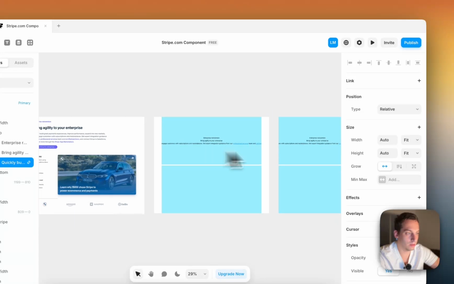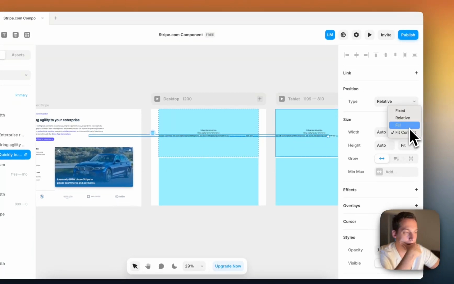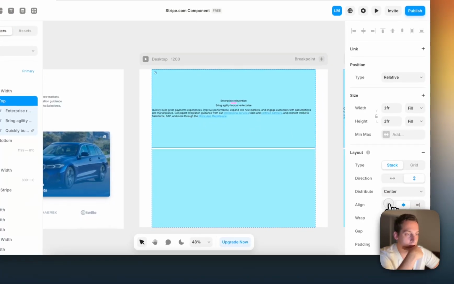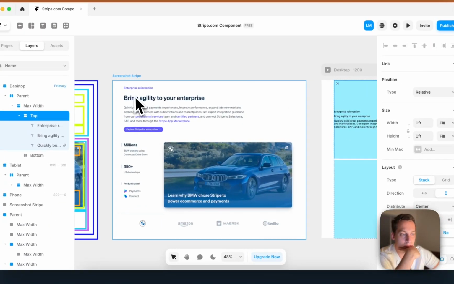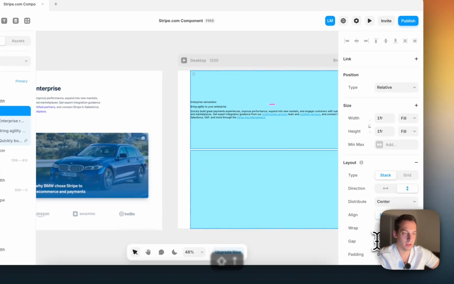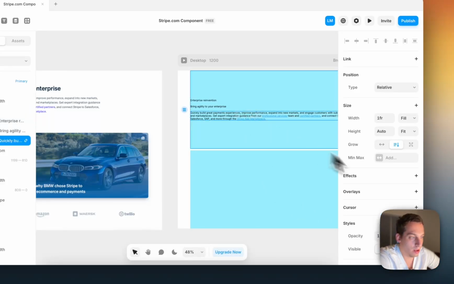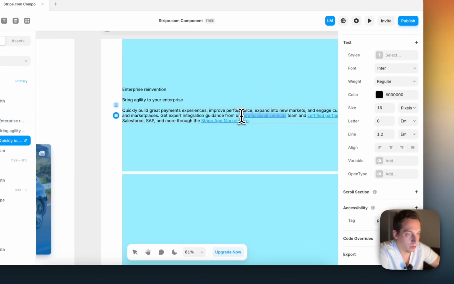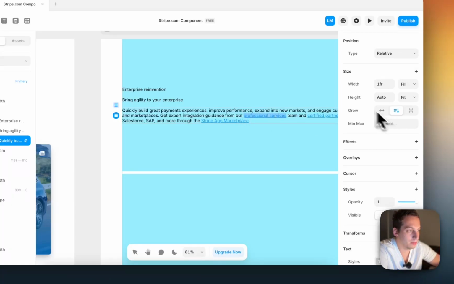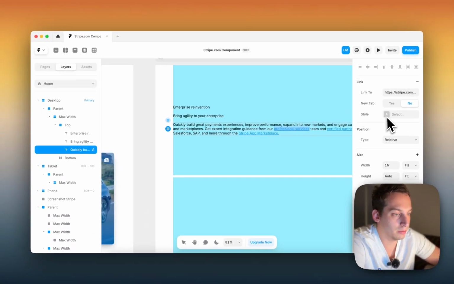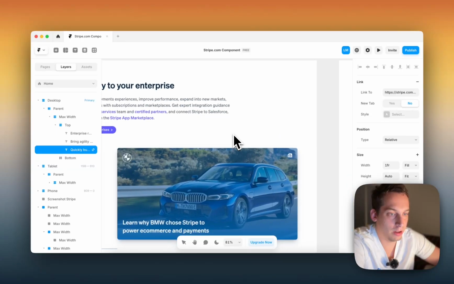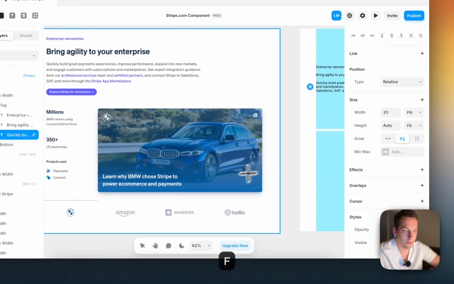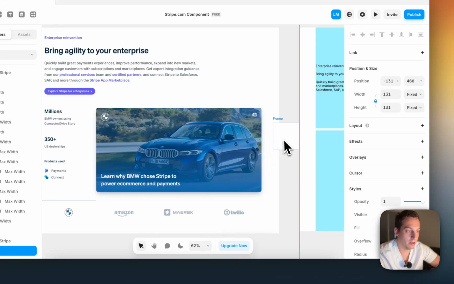And we want the fill to be, the width to be fill. There we go, beautiful. And we want this to be like this, so it's all aligned nicely. We want to grow this. And we see that the links are kind of strangely colored. So let's actually first get a frame and see what color this